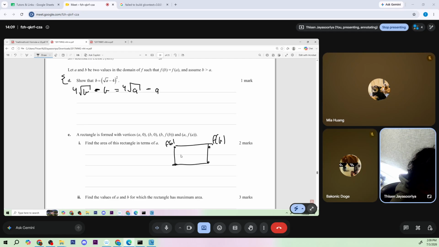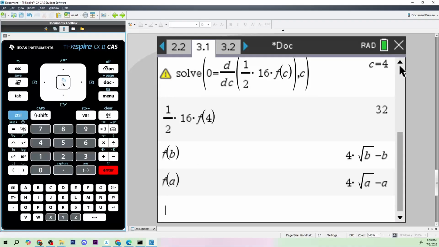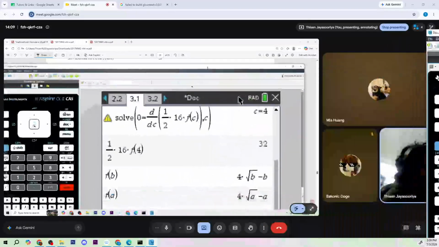So this is the height, f of a or f of b. Here, what's in terms of a? So I'm going to do f of a. We can also see that the length is going to be, so this is a comma 0, this is b comma 0, so the length is actually just going to be b take away a. So the area is equal to f of a times (b take away a). If we simplify that using my calculator,